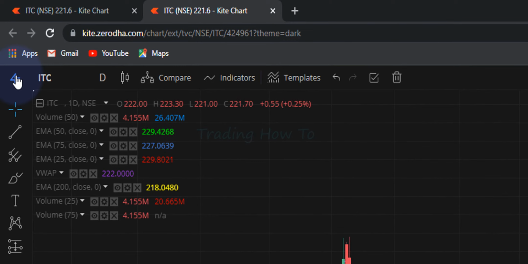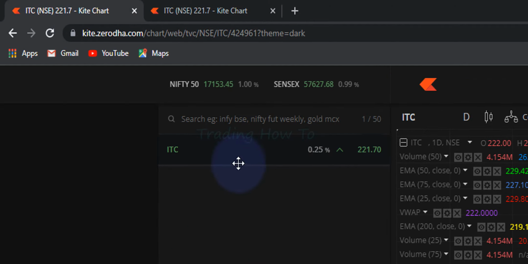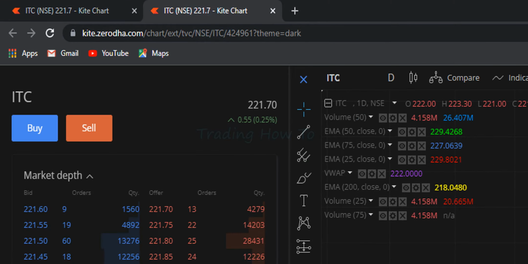And here, if you click on this icon, then a small window appears. Again, we can see buy and sell options. Now here we can buy the stock by pressing on this buy button, or we can go back here in this watch list and we can buy the stock by clicking on this B button, buy button. Same window will appear. Okay. Now here I'm gonna click on this buy.